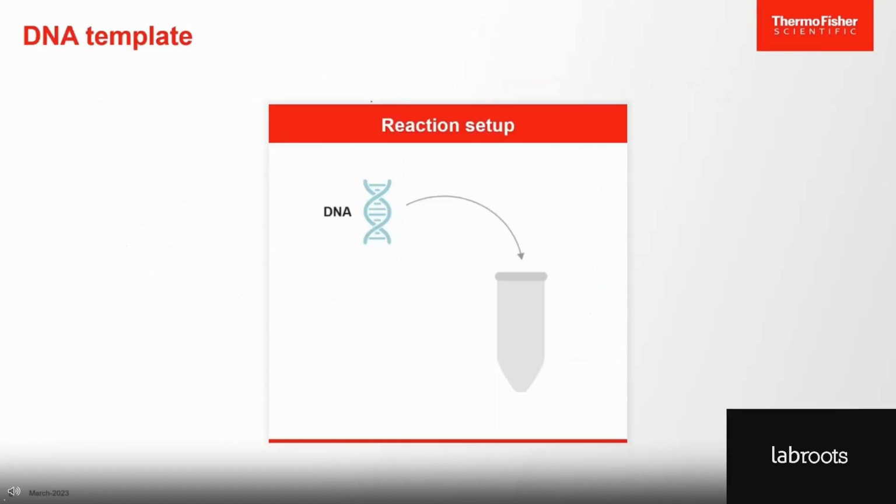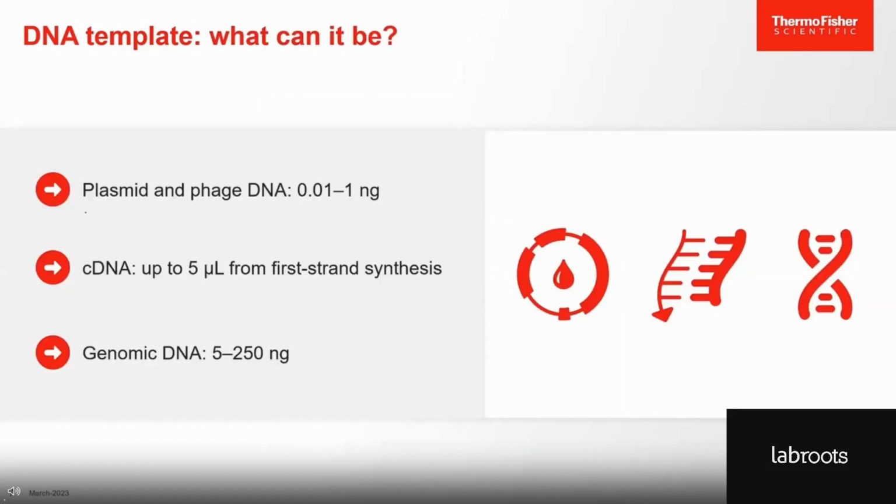As it begins with the setup, we'll look first one by one at the components added. The first component that we'll have a closer look at is the template. The amount of template used for a PCR reaction can significantly impact your results. It is recommended to use a range of 0.01 to 1 nanogram of plasmid or phage DNA,